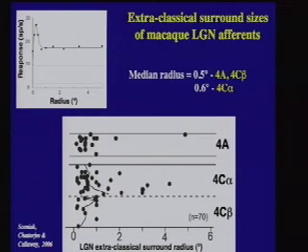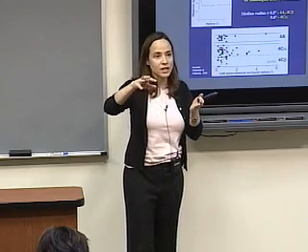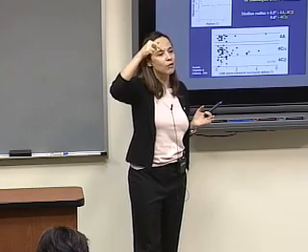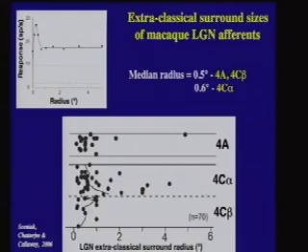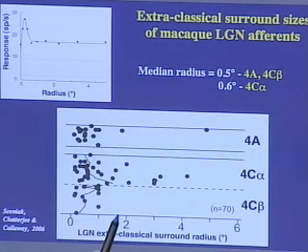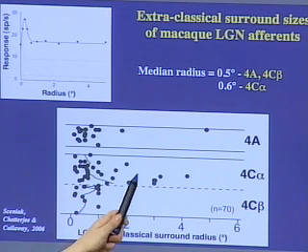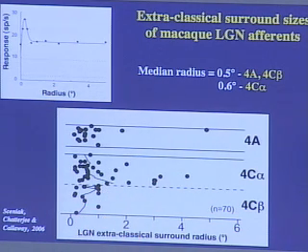And this is the size of the LGN surrounds in different layers of V1. What they did here is they inactivated V1, which LGN sends afferents to, so that they can record specifically from the LGN afferents, and locate them in the different layers of V1, where they terminate. They basically found that the surrounds have a median radius size, and there are some surrounds that can reach up to 2 degrees, and very few, only in layer 4C alpha, that can go up to 4 degrees.